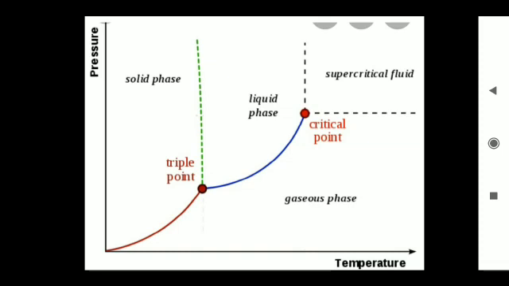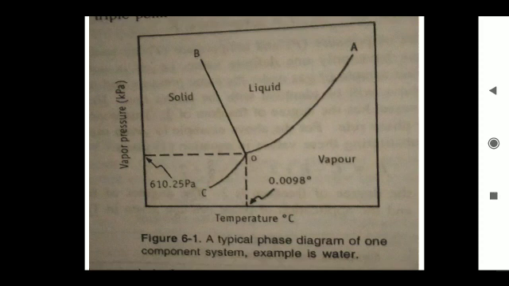At a particular point, three boundary lines intersect at a common point that is called the triple point. At this point, all three phases are coexisting in equilibrium. This graph can be studied by using first, regions or areas; second, lines or curves; and third, the triple point. These three parameters are used for understanding the phase diagram of water for a one component system.